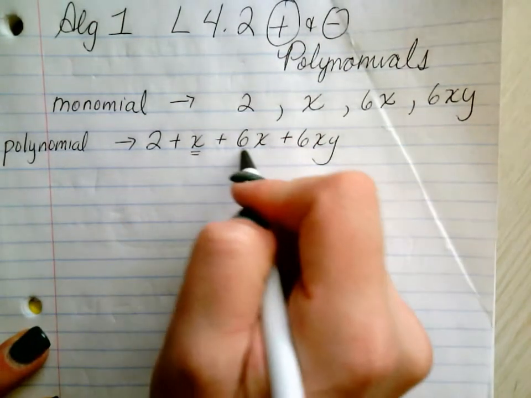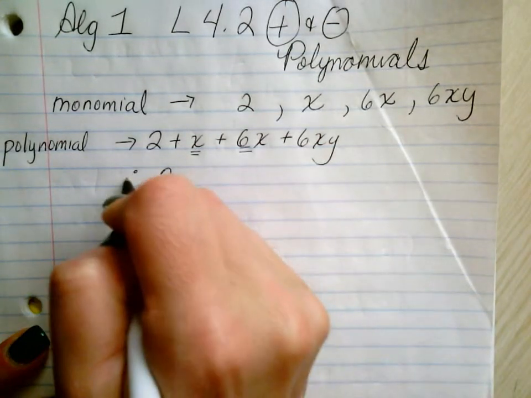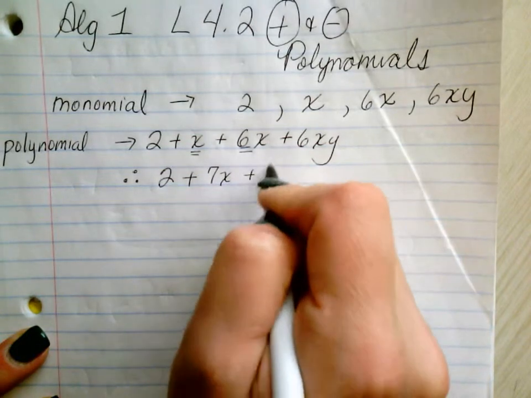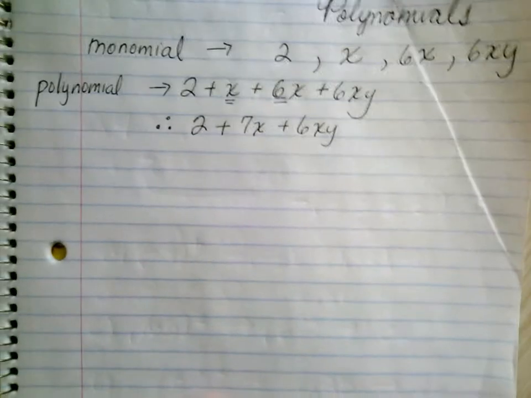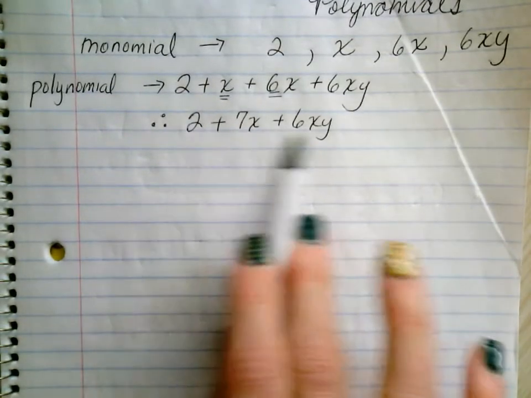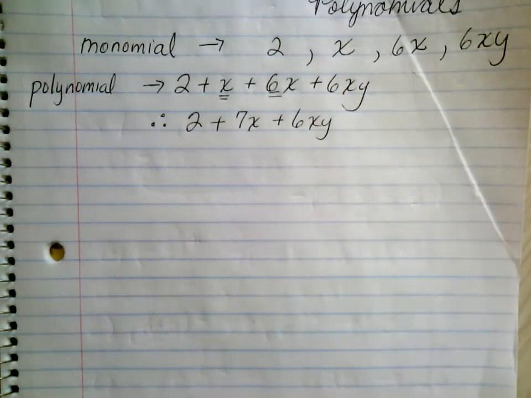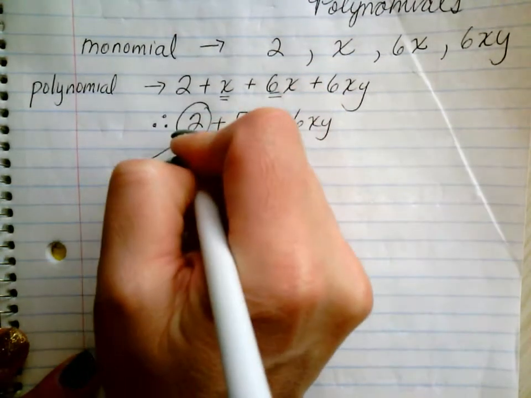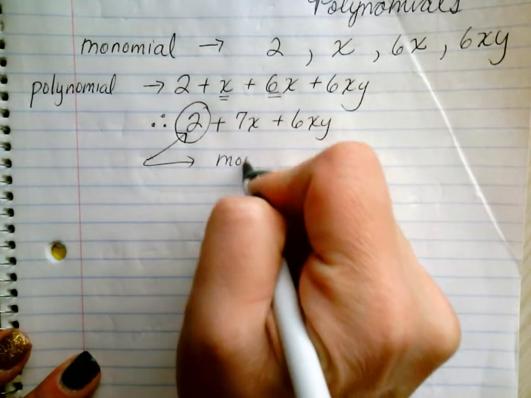I would collect my x's, and I would end up with 2 plus 7x plus 6xy. Now remember, I just made that polynomial up. It's not in your book. So this is the simplified polynomial form, the simplified polynomial of that. All right? Now, when a number is just a number, this is still a monomial, but this monomial